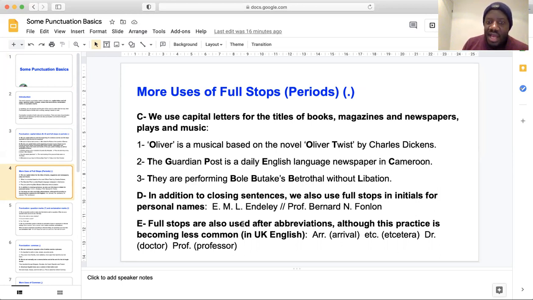Full stops are also used after abbreviations, although this practice is becoming less common, especially in British English. So we will say ARR dot for arrival, or we'll say ETC dot for etc. Even in the middle of a sentence, you will have etc. with a dot, and that dot does not mean a full stop, okay? And then we will say doctor, DR for doctor as a doctor of philosophy, or we say prof, PROF, and a dot for professor. But now more and more, these uses, as described here for doctor and professor, are becoming less common in British English, but they continue to be very common in American English. Okay, that being said,